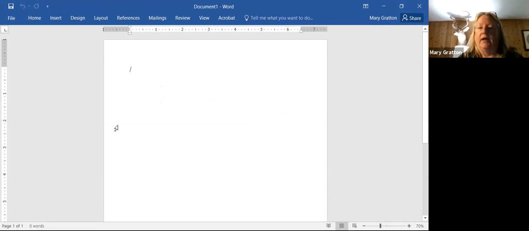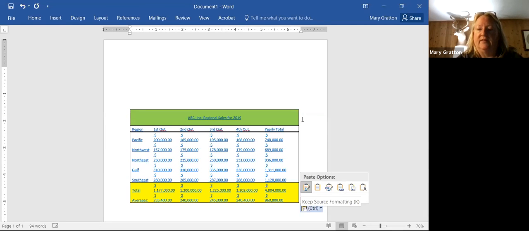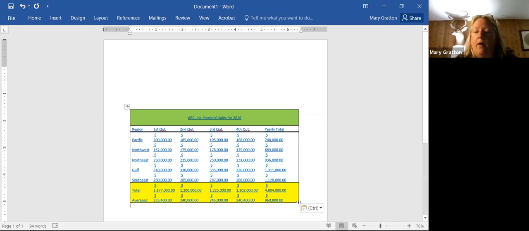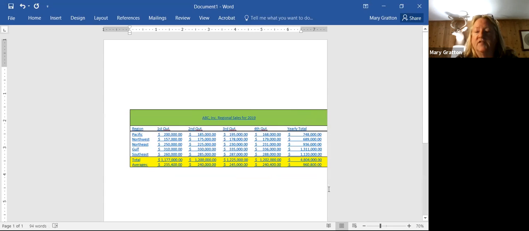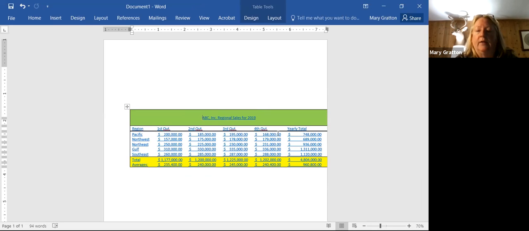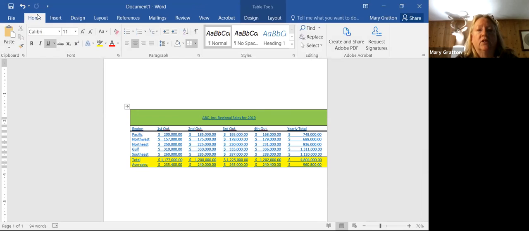So now I've opened up a Word document, and I'm going to move the cursor down a little bit. Wherever you want to put the material into your Word document, you want to place your cursor there. If I was writing a narrative that went along with this, I might have a paragraph before it and one after it. So it's just like you would insert an object. I hit Control V and it sits there. And notice though, you may have to adjust it some. I spread it out a little bit like you would any object, and you can move it around and fit it on your page. And actually, I'm going to change the